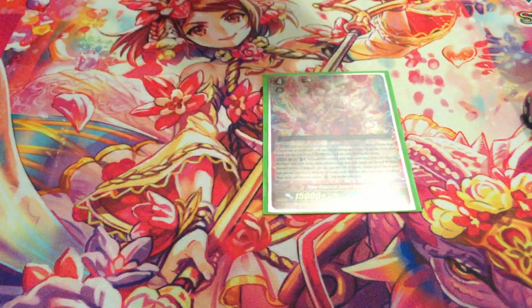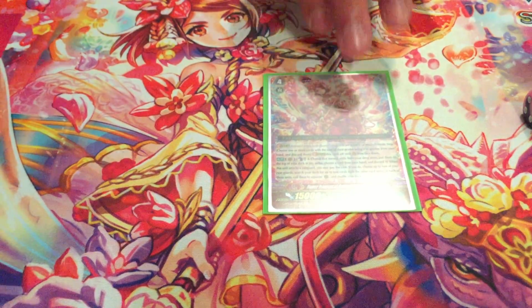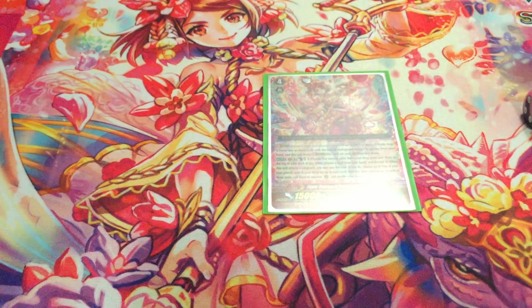This is the generation rare for set 2. She's probably the prettiest stride in the game. Very pretty. I love her artwork. Functionality-wise, if you guys don't know what her skill is, it is...